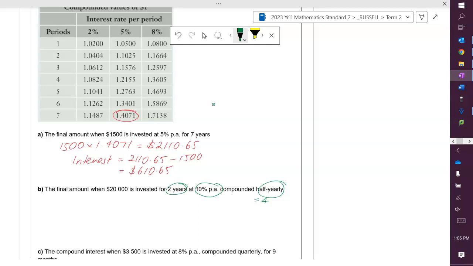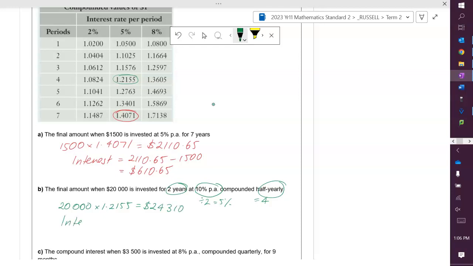And half yearly, so if we divide that by 2, that is going to give us our 5%. And we have 4 lots of compounds, so 4 at 5%, this is our percentage that we're working with. So it's going to be 20,000 times 1.2155